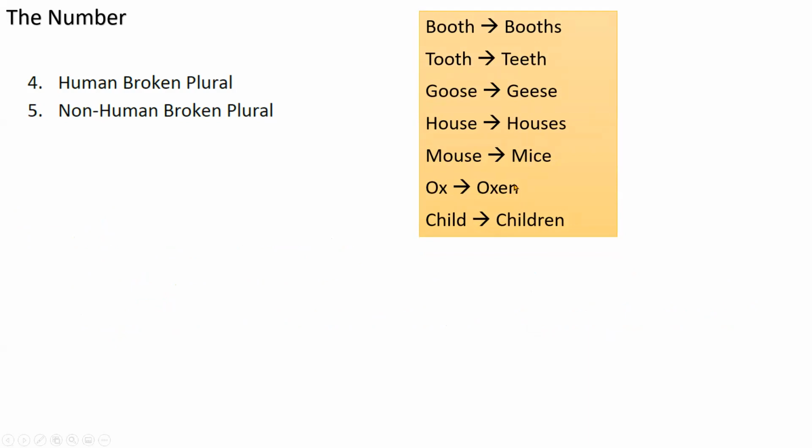In English, most of the time we add an s or es to make something plural. If I say book, the plural is books. House, houses. Car, cars. Computer, computers. So most of the time we add an s, or we add an es to make it plural, depending on what we are saying. Sometimes we don't add an s or es, and the spelling of the word changes.